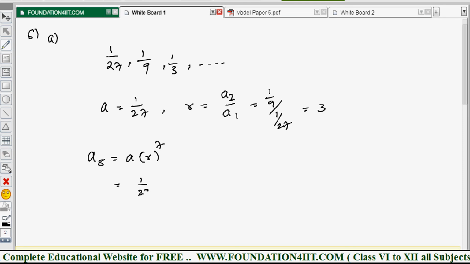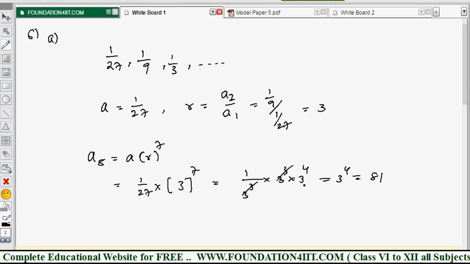So A is 1 by 27 and the R value is 3 power 7. We will simplify this. 1 by 27 you can write as 3 power minus 3. 3 power 7 is 3 power 6 into 3 power 4, just for easy cancellations, we cancel both. 3 power 4, that is 81. So 81 is the